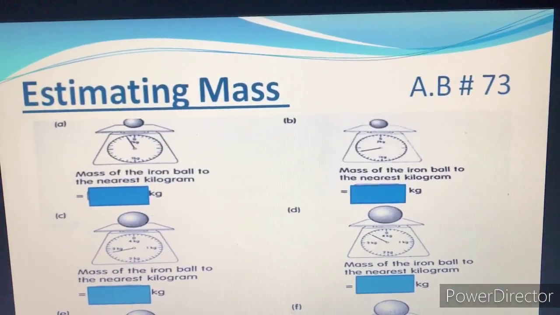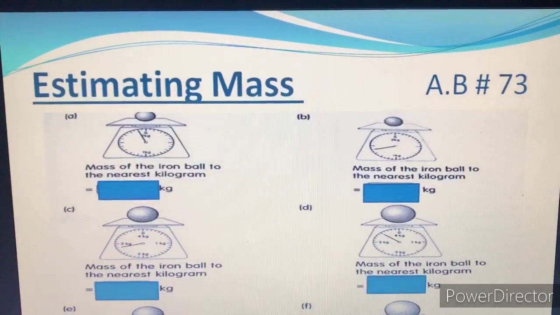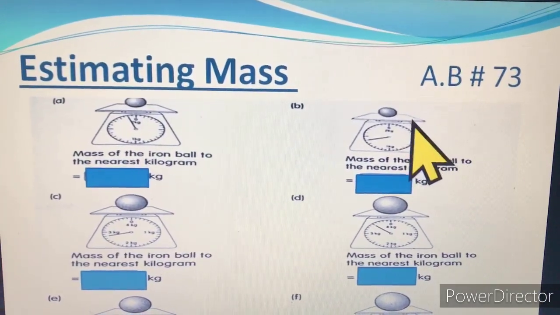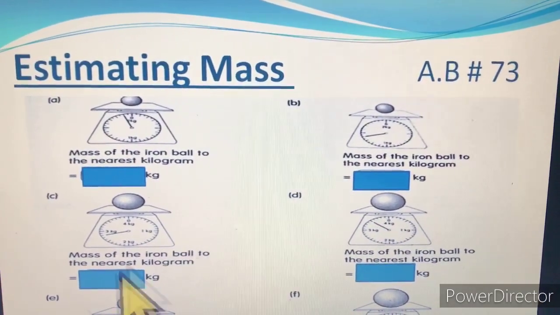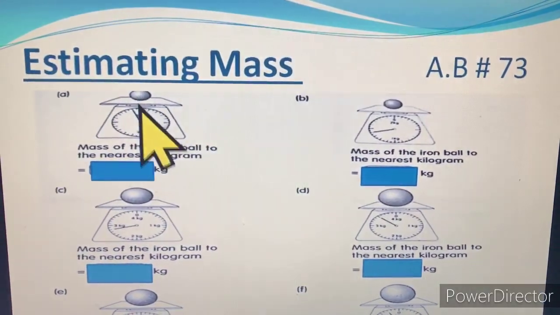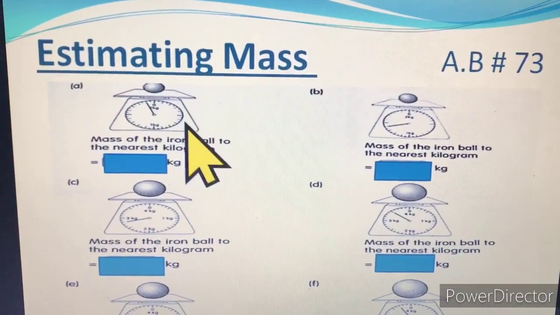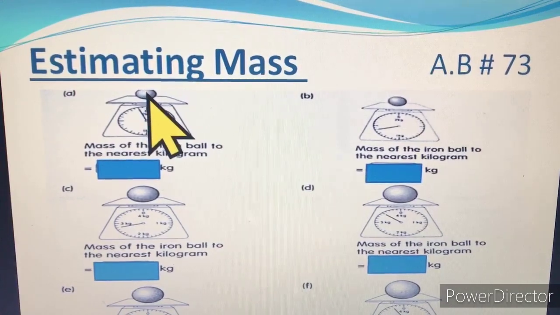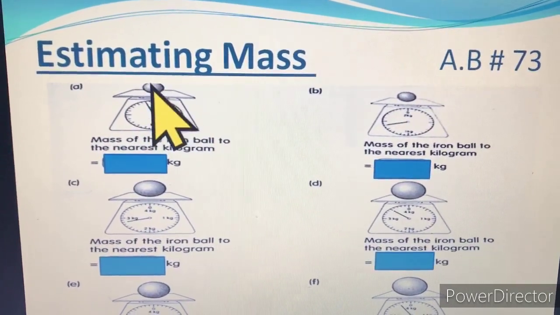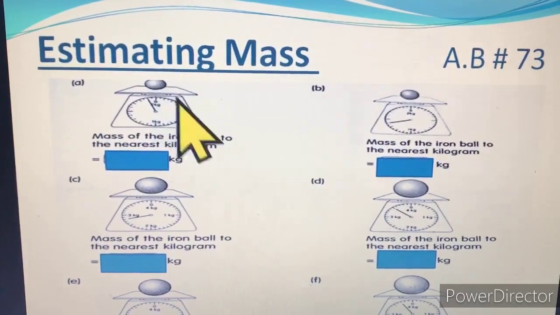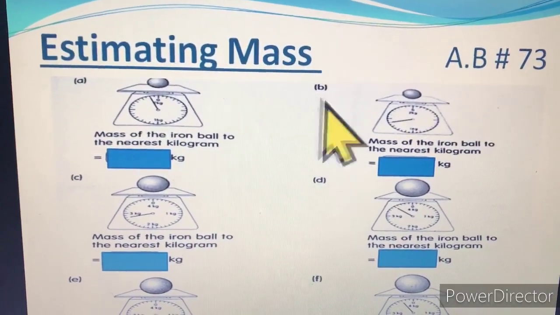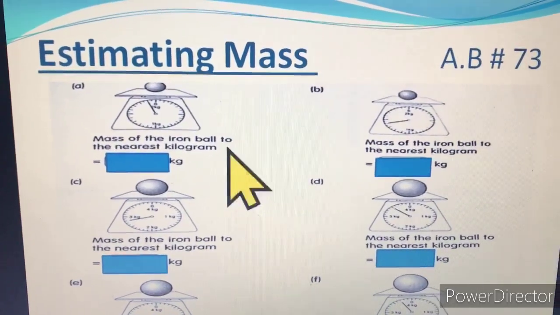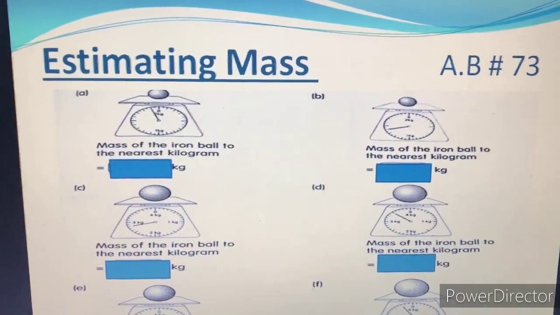Look at page number 73 of your activity book. They are asking you to estimate some objects. So what are the objects? Yes, the objects are given here. These are the iron balls of different masses. Okay. So now we have to see this needle and this scale, and then we have to tell how much kilogram this object is having, or how much weight this object is. So, we will see the scale first because there are different types of scales which have different sorts of readings. Okay, some are only for 1 kg, some are of 2 kg and some are more.